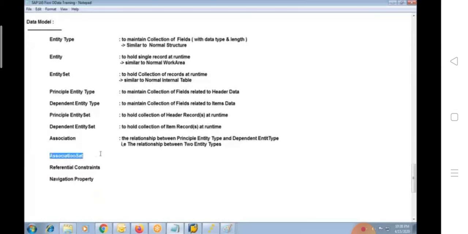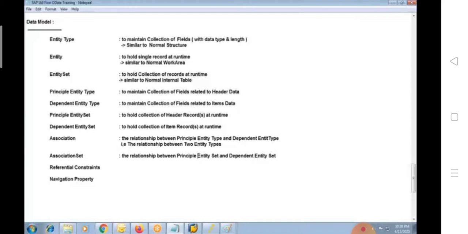And not only that, we are going to use association set, and that is also a relationship. So a relationship between principal entity set and dependent entity set.